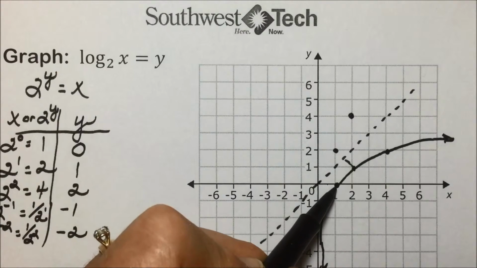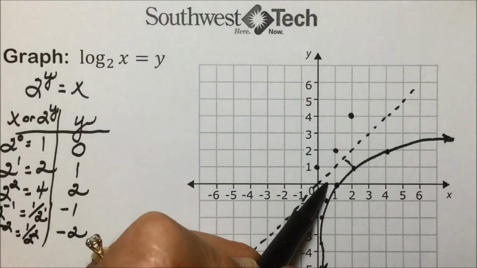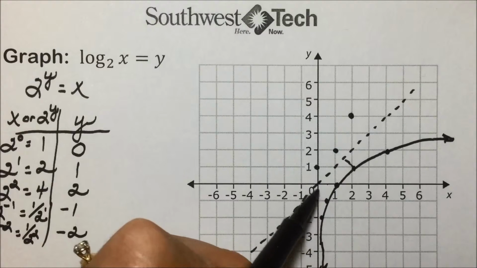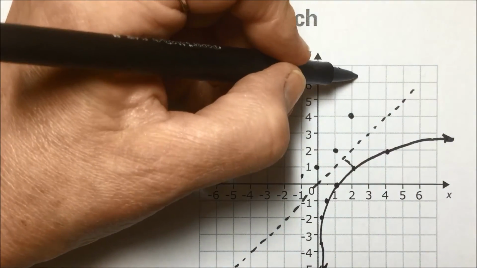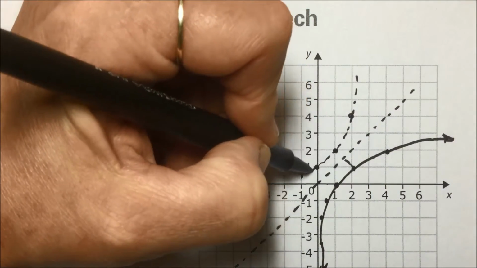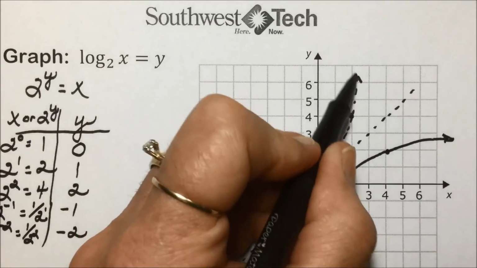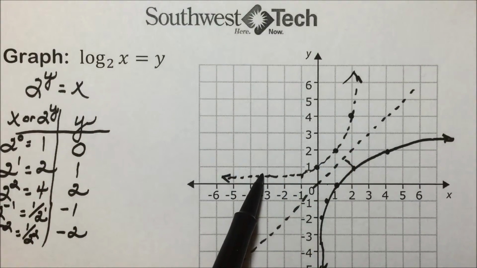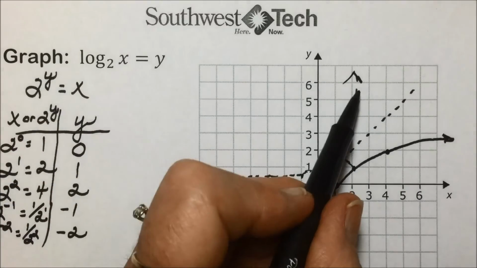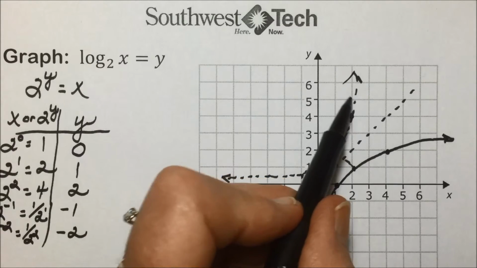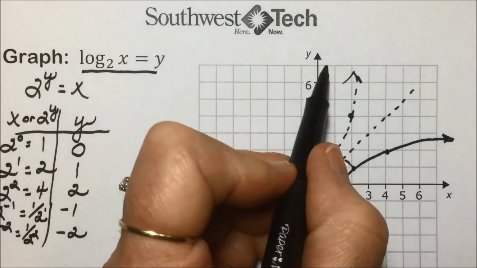This point here, which is 1, 0, becomes 0, 1. Our 1/2, negative 1 becomes negative 1, 1/2, and so on. And if we do a smooth curve here, we end up with the reflection or the inverse of this logarithmic function. And if we investigated this further, we would end up finding that the inverse of this logarithmic function is actually